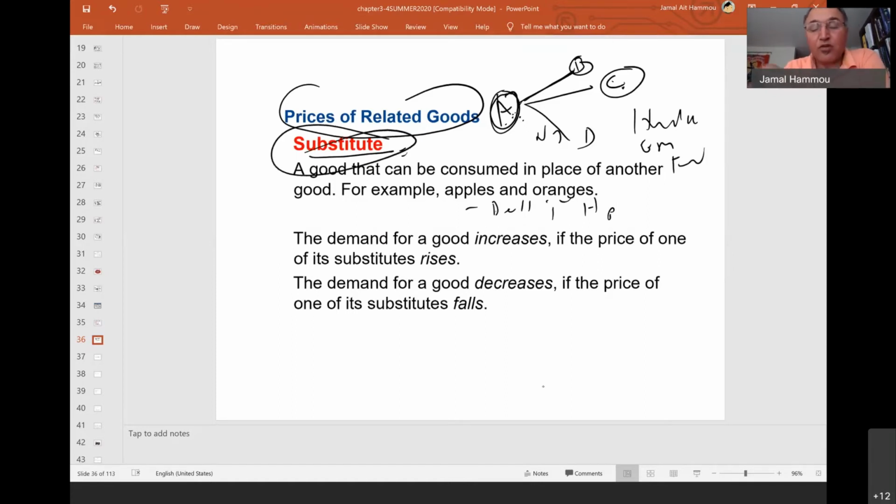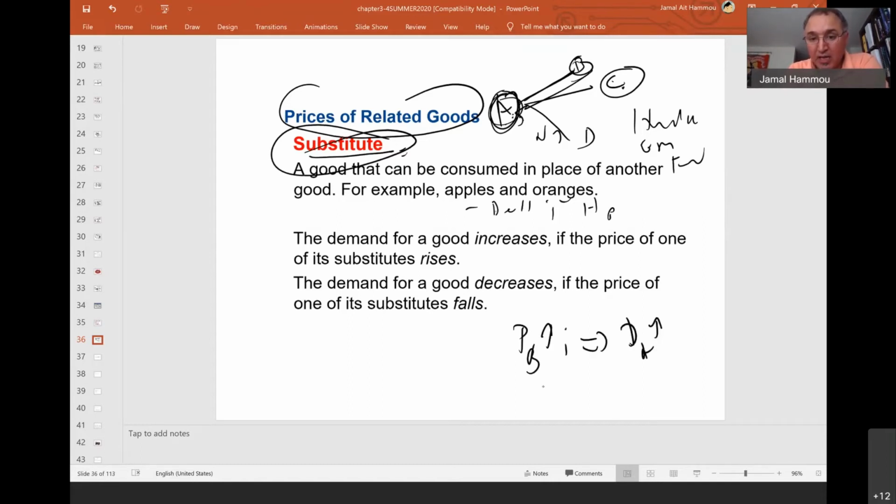I can rent or I can own a house. They are substitutes. When products are doing the same things, we call them substitutes. So now, what happens if the price of B changes? How will that affect the demand for A? Since they do the same things, if the price of B goes up, the demand for A